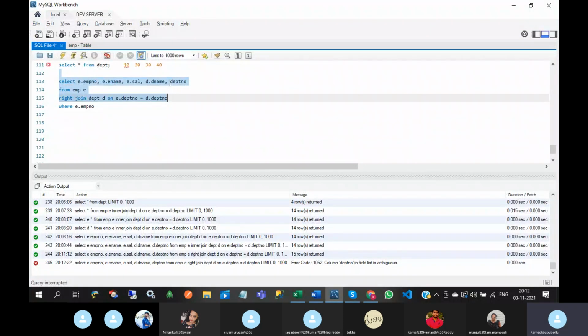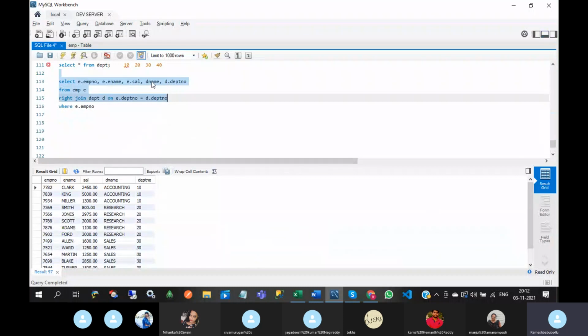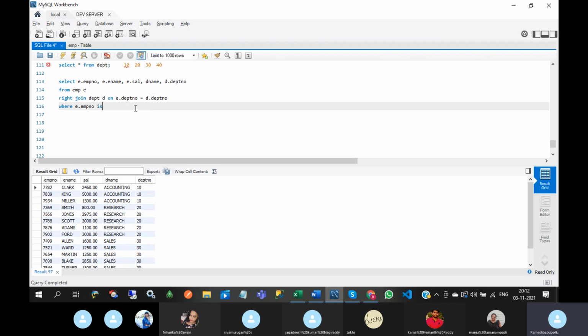But if you forget the alias for department name, the error will not come. Why? Because department name exists in the department table only, not in the employee table.